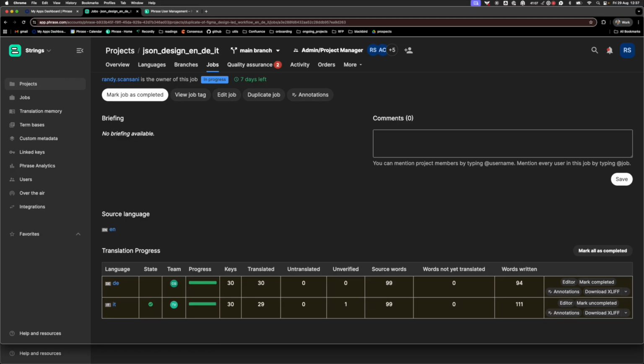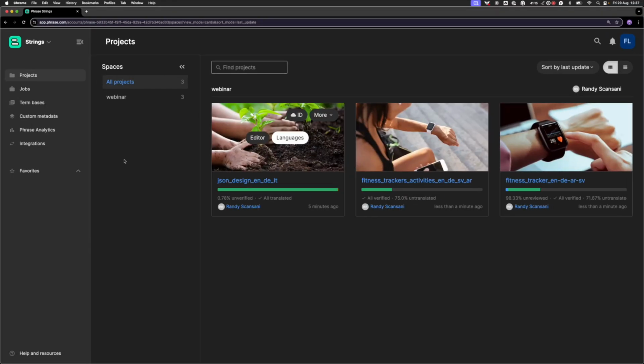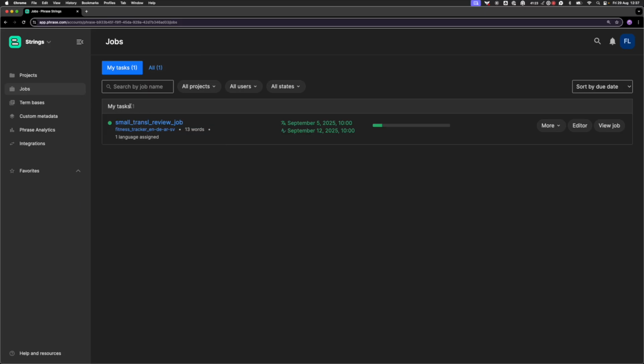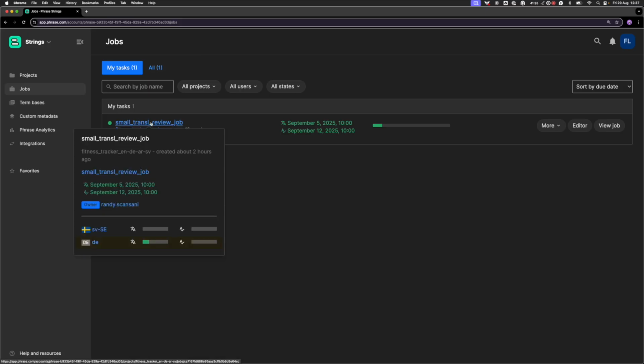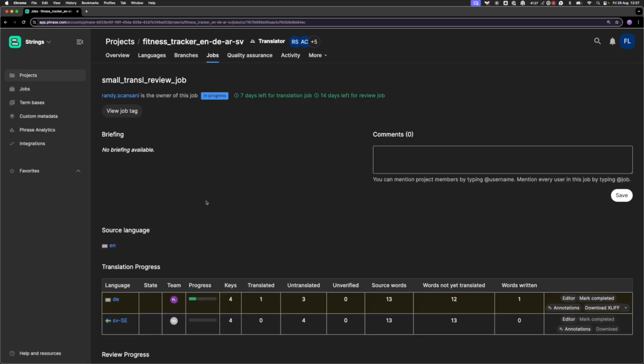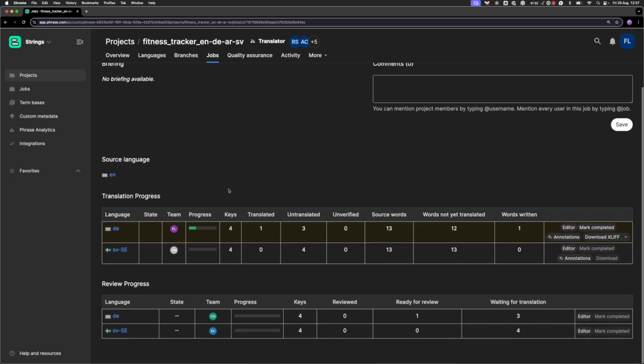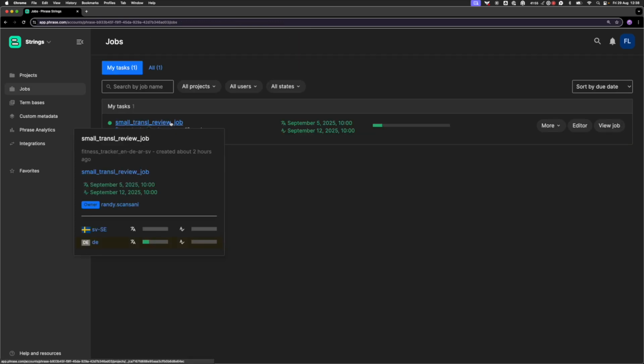Now, as promised, I want to switch to a different account assigned to a different job. So here I'm accessing Phrase Strings with another account. I can open the jobs view. I have one job here. It says small job. Let's see, it only contains 4 keys. In this job, as a project manager, I have enabled the advanced review workflow. So if I open the job,